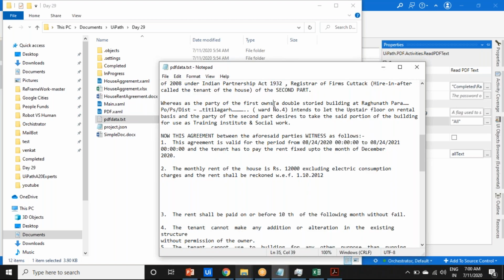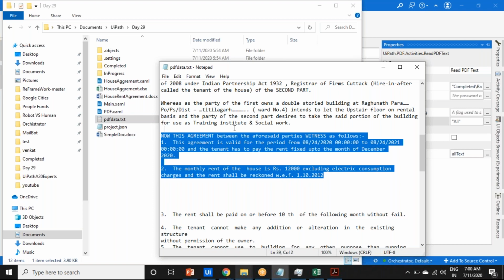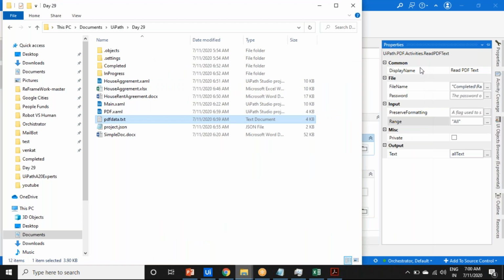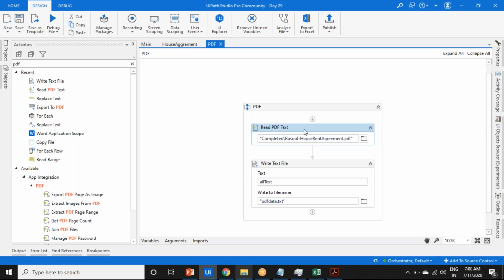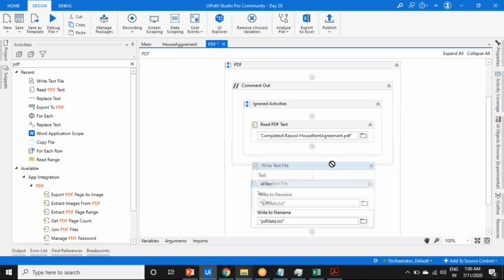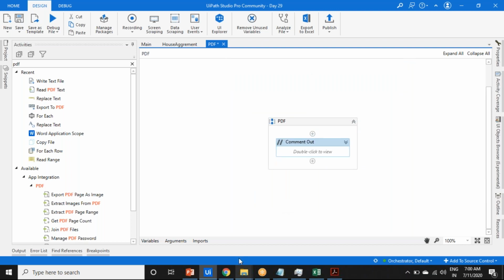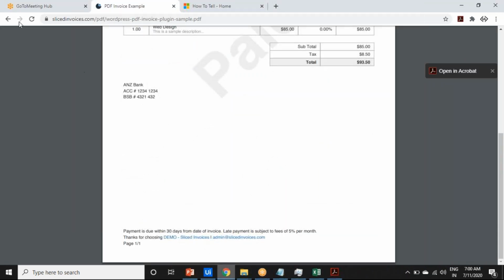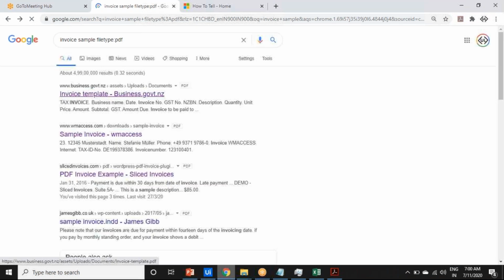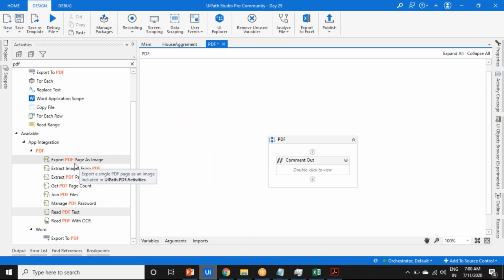Once you read the pages into a text file, that means a text string variable, then you can perform string methods, right? String operations. Now this is a read text. What I'm saying is, if we have data in images, that will help. Okay, next thing is to extract and export a